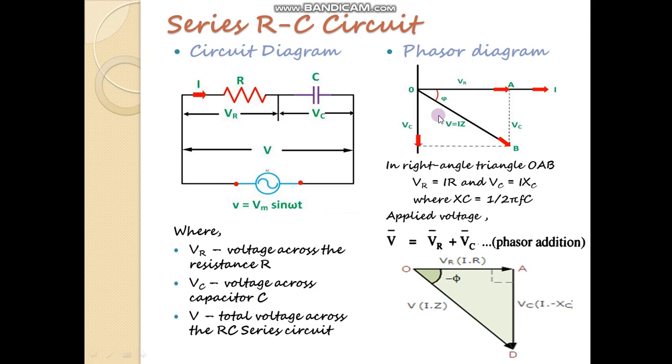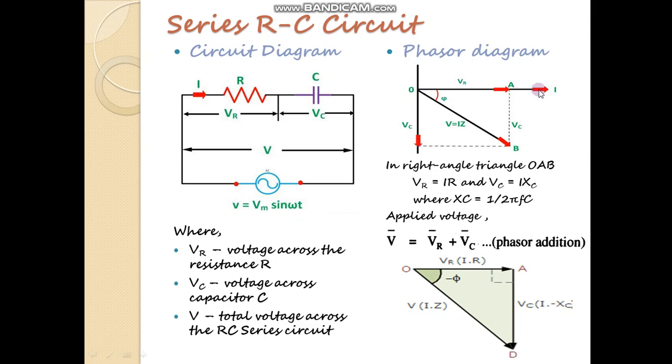Now moving towards the phasor diagram. See, in this phasor diagram we have taken VR as reference, and I is also taken on the same phasor. As we have seen in the purely capacitive circuit, the current is leading the voltage. So here this current is leading the voltage by exactly 90 degrees, and VC comes here on the negative part of the imaginary axis.